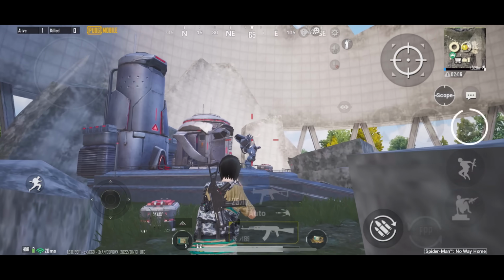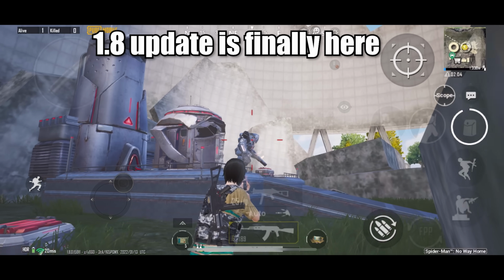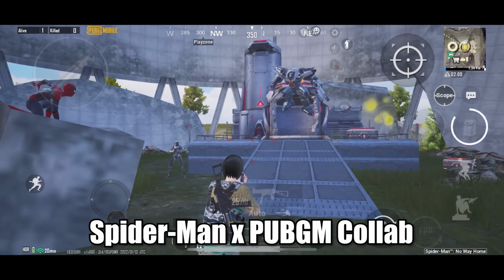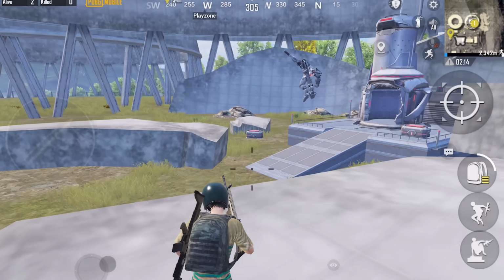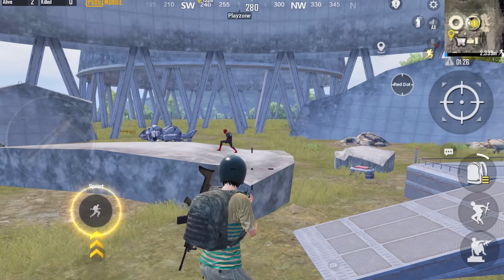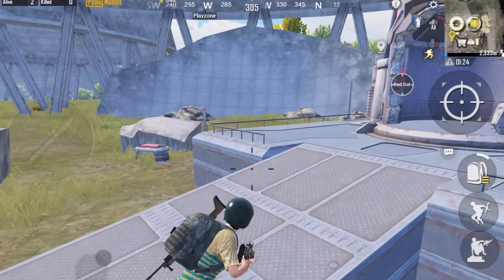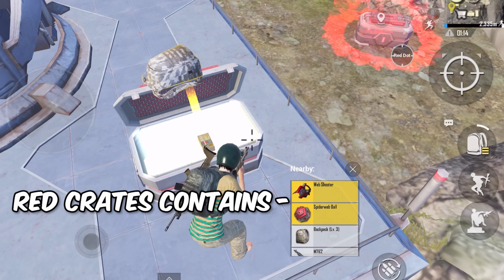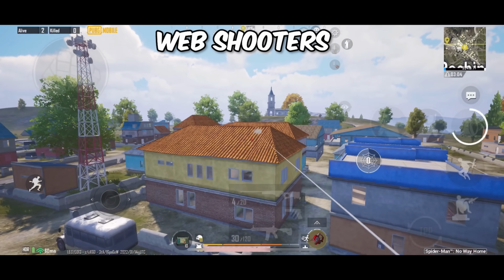Welcome guys. The 1.8 update is finally here and there are a lot of new features such as the Spider-Man PUBG Mobile collaboration. So I think Melta Power is the biggest hot drop right now, because this is where the Spider-Man fight takes place, and once the fight is done, you can open these red crates which will give you pretty decent loot, but most importantly it gives you web shooters, which you can use to swing all around the